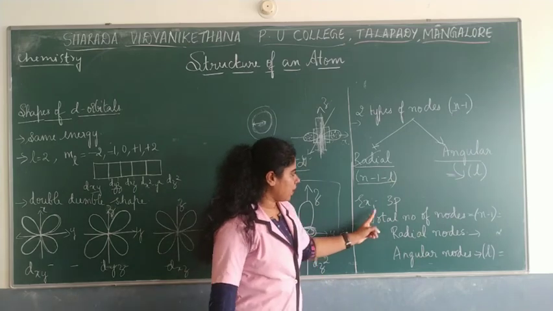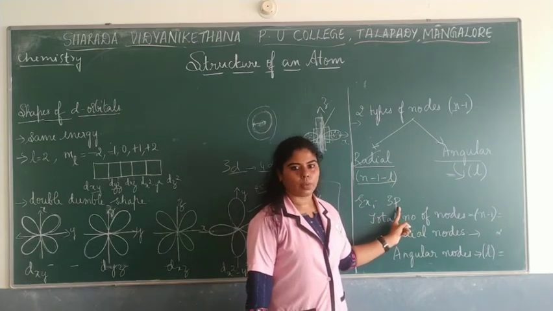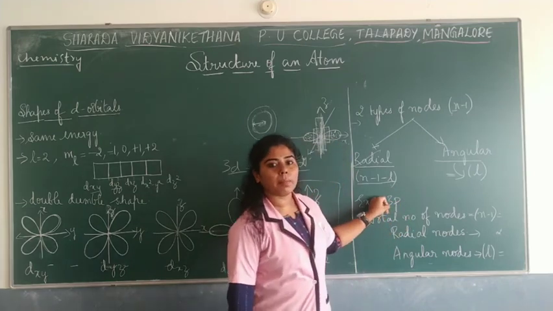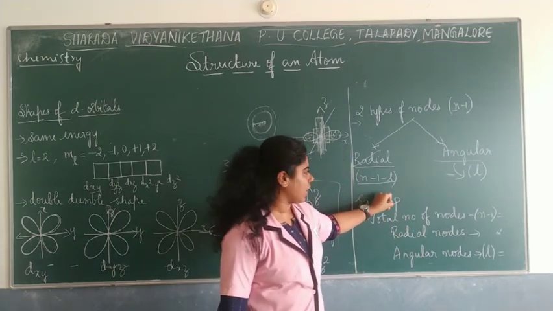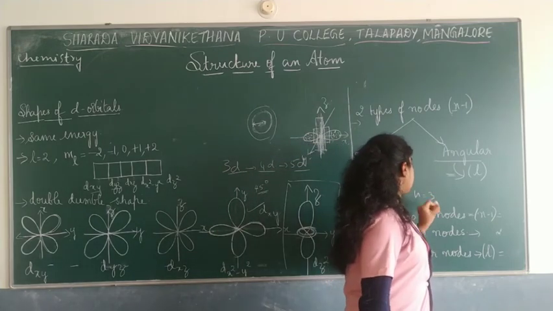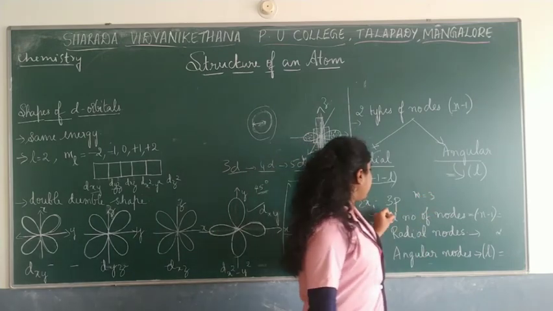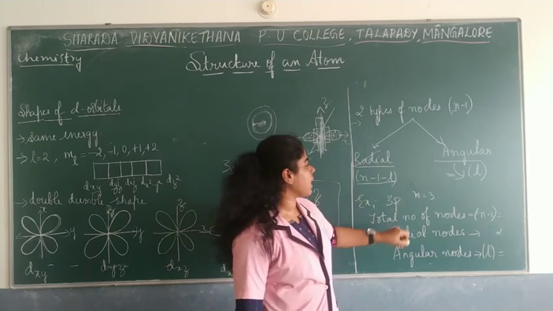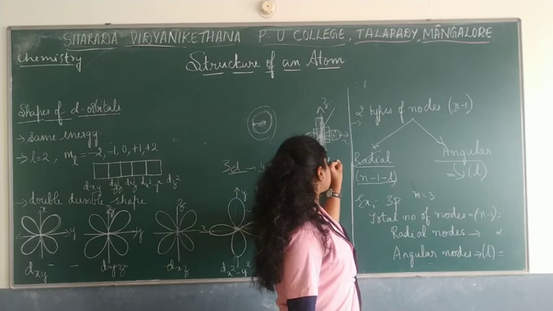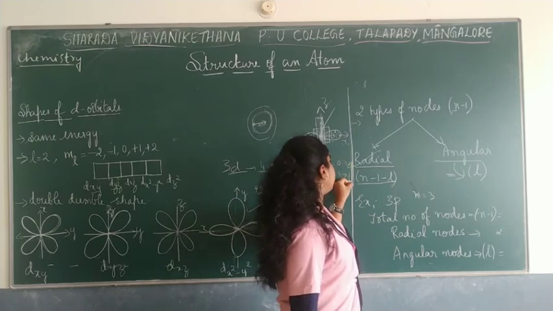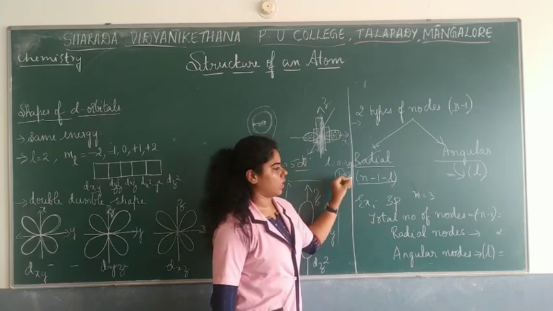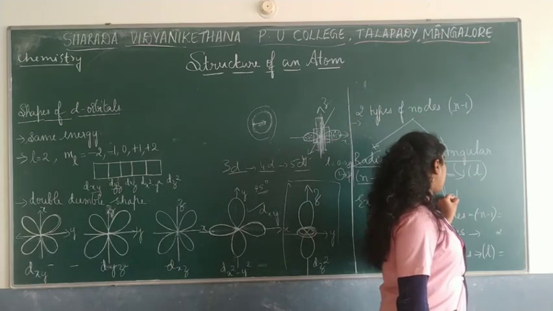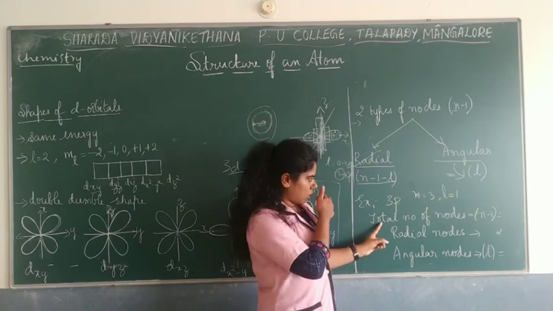Let me give you an example. If you are talking about 3p orbital, 3 in the sense here is the principal quantum number, the main shell is 3. So n will be equal to 3, right? Then p is given. So what is the L value here? First, L equal to 0 is s, 1 is p. So 1 is p over here. So L value should be 1. Correct? Okay. Let us try solving it.